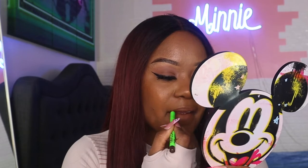Definitely gonna have to put lip liner with this, but I feel like it matches my skin perfectly. Better with some lip gloss. Yeah, so I like that a lot. Definitely use your liner with that if you have this already, gals. Y'all probably already doing it and it's like I'm late to the party, but